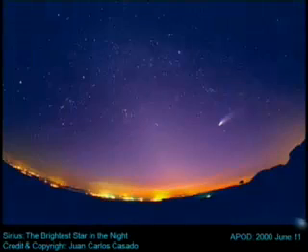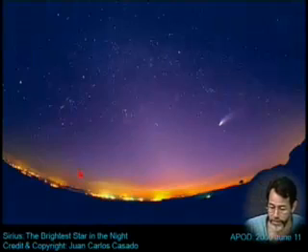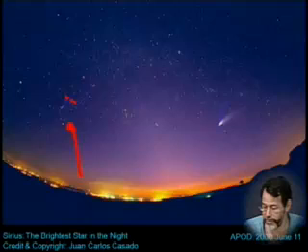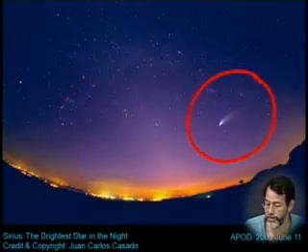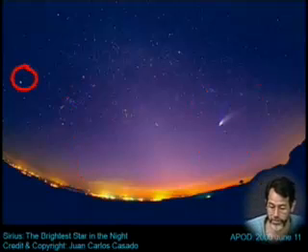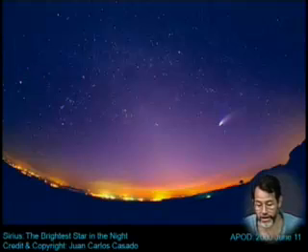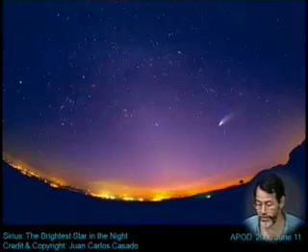The faintest stuff. Okay, so here's an image I think we've seen before. This is the Belt of Orion, one of the most famous constellations. There are 3 stars in the Belt of Orion. Here's something you don't usually see. It's a bright comet, Comet Hale-Bopp, I believe. And this here is Sirius, the brightest star in the sky. So Sirius, I don't think, is in the constellation of Orion, but you can usually use it to find it. So this is Betelgeuse. It's a star that's more red. This is the Pleiades. It's a star cluster.